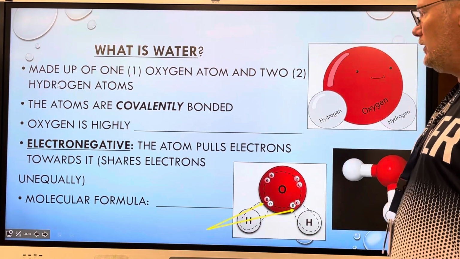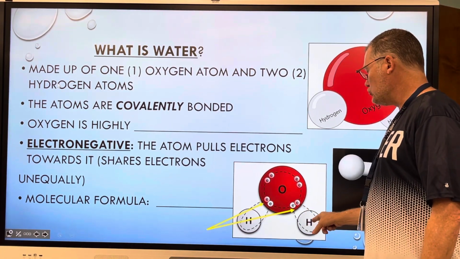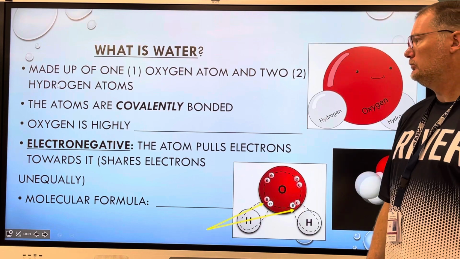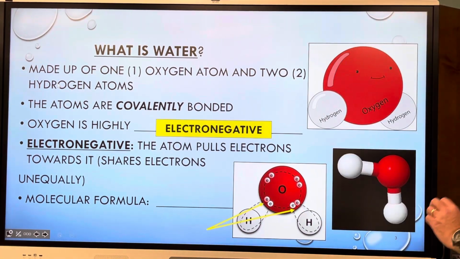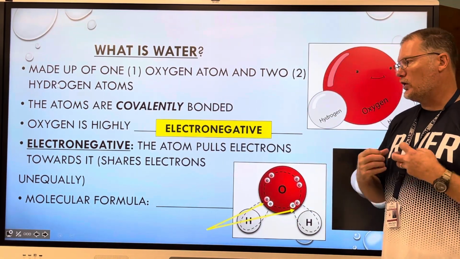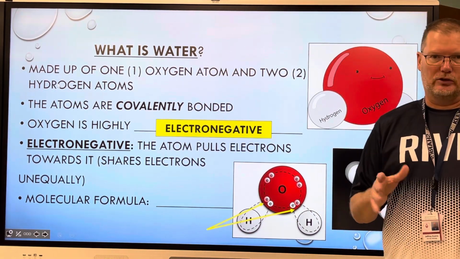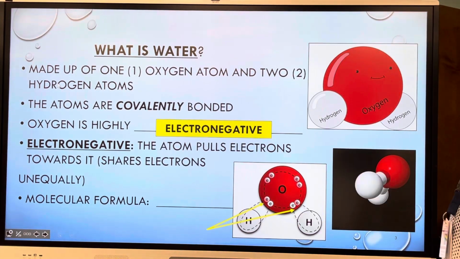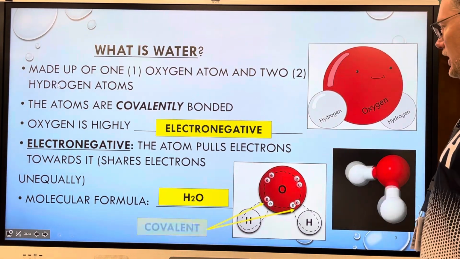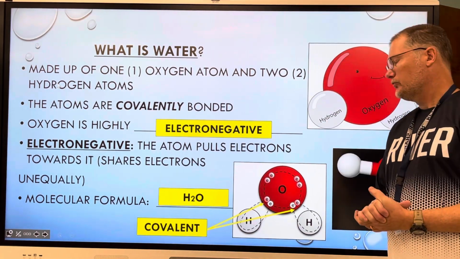So the atoms are covalently bonded. The bond that holds together the hydrogen to the oxygen is a covalent bond. They're sharing those electrons. Oxygen is highly electronegative, and that means that it pulls the electrons toward itself. So it shares them unequally. That makes it a polar molecule, but we'll talk about that in a little while. Electronegative. And of course we know its molecular formula is H2O, like I said before, and those are the covalent bonds. So in your notes,